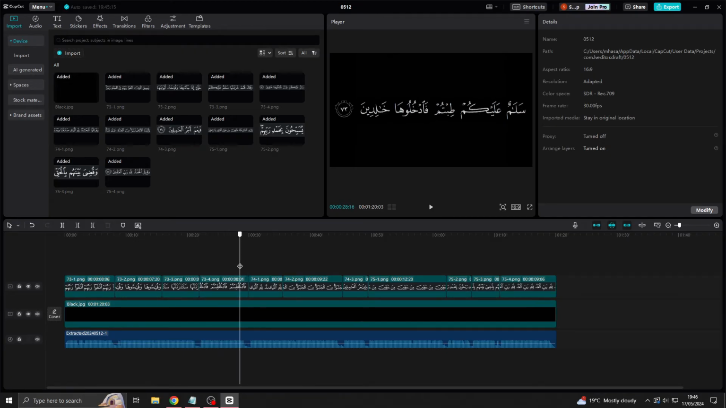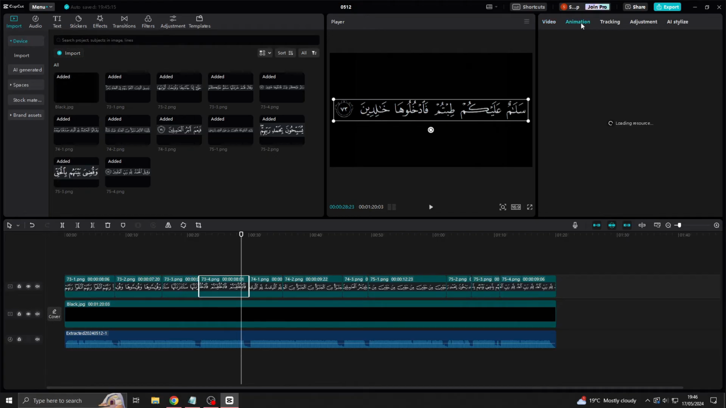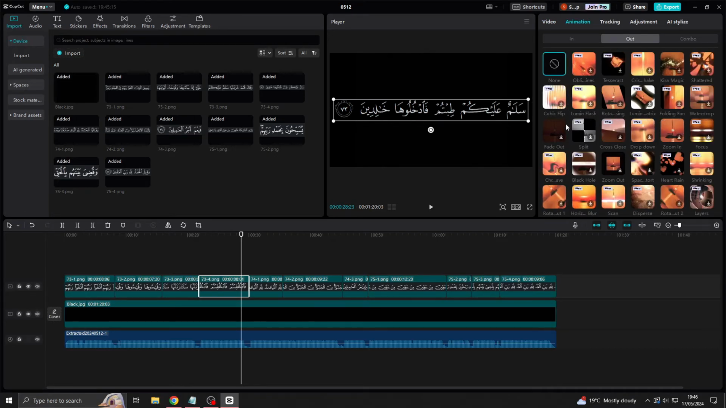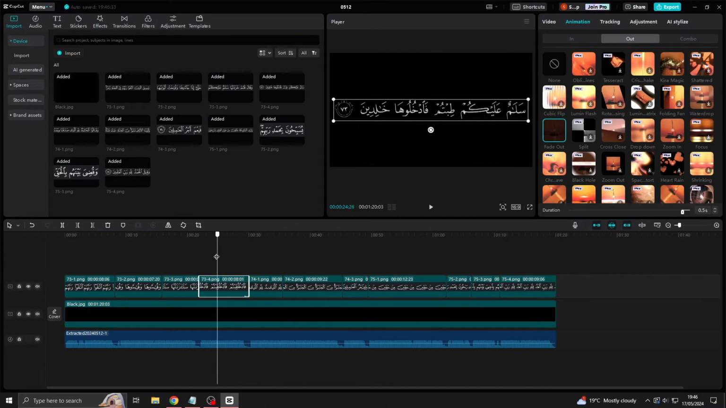Okay, another step you'll need to do is to obviously get the transition at the end. You need to click animation on the top right, and obviously you click out, and then well, in this case I use fade out, so fade out the first. So if I show you here,